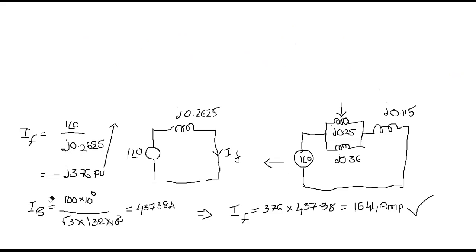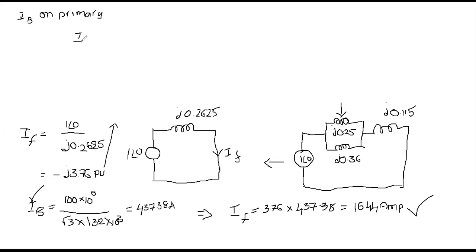Now we have considered the secondary side of the transformer, so that's why 132 kV we have considered as the total supplied voltage. But now the generators are connected on the primary side, so obviously you have to consider 11 kV. So this is IB on secondary side. Now IB on primary side, please do remember, what is the difference between primary side and secondary side? The voltage is different. That is the only concept.